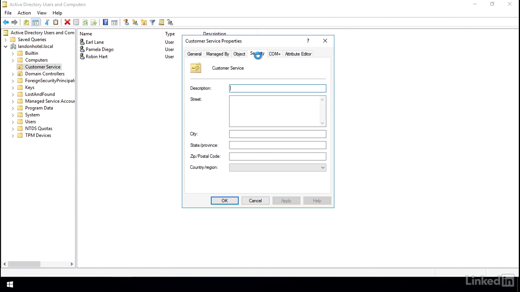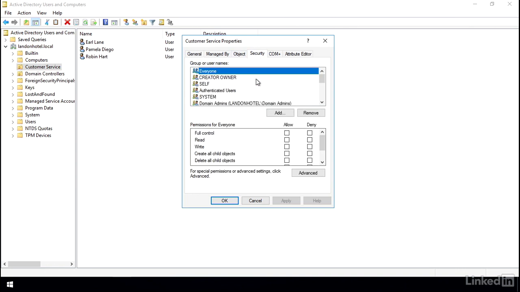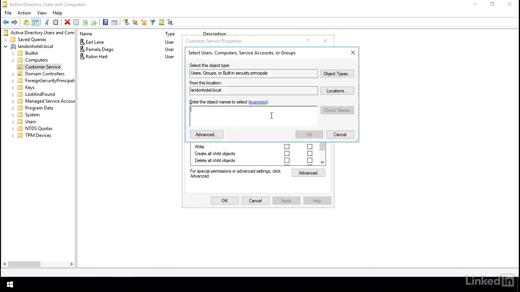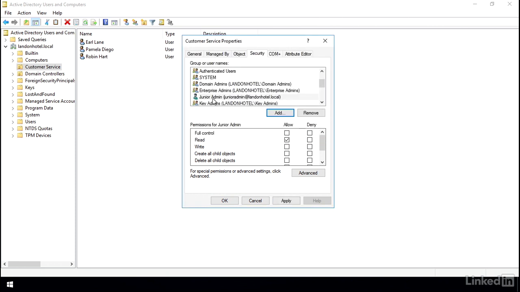And the point behind this tab is to show you that we can give permissions to specific users over this object, right? So I could add, and I'm going to do that here. I'm going to add junior, check names. There's Junior Admin. And for Junior Admin, I could give Junior Admin full control over the objects in that container,